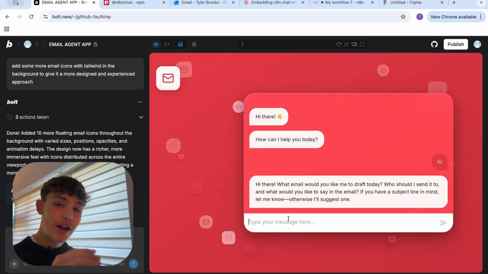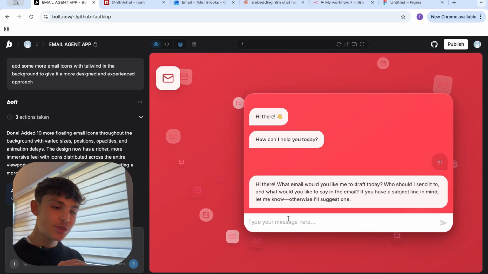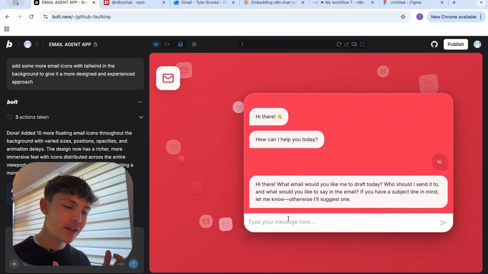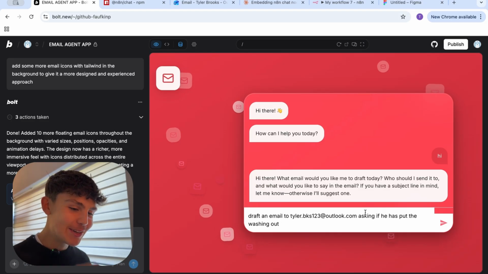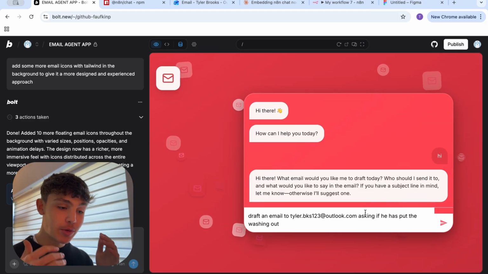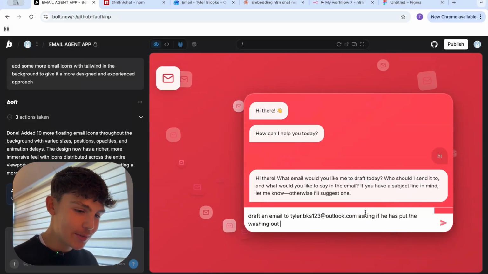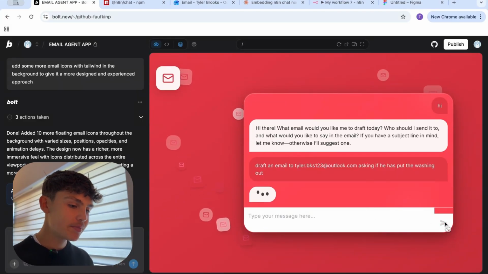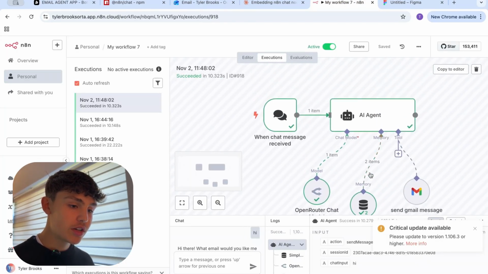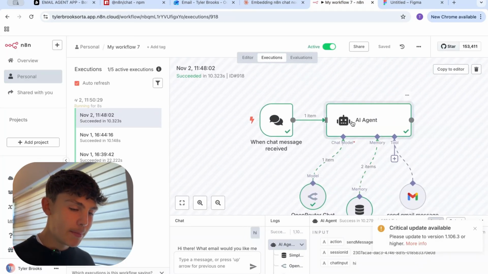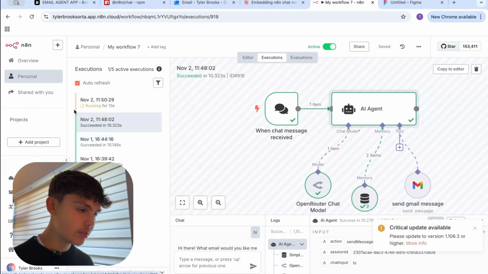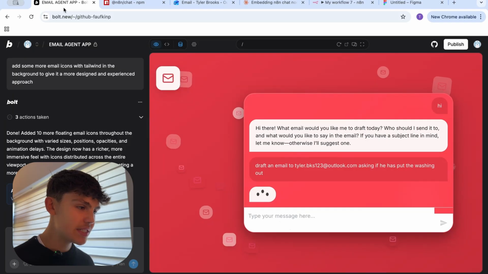And I'm going to quickly write in a message here to ask it to draft me an email. And then from there, I can edit it to my liking. Right, so I've just wrote in a quick message and it's sending it to a specific email asking if he wants to put the washing out, which yeah, we'll see what it comes back with, and I'll send that over. And what the agent would do is it will use the features it's got embedded into it, and it will come back and draft the email with the specific